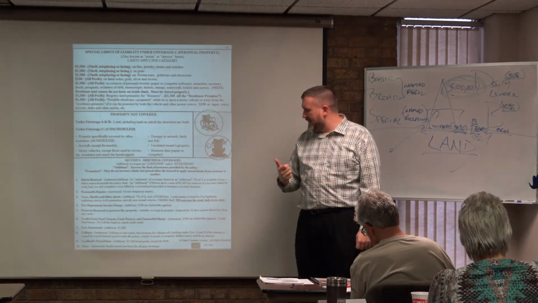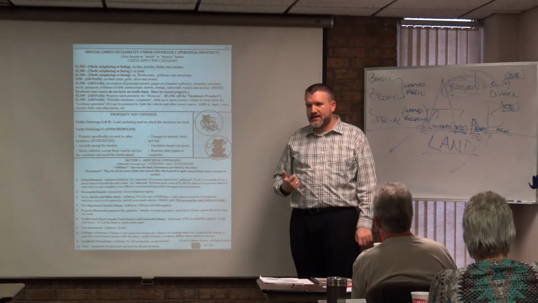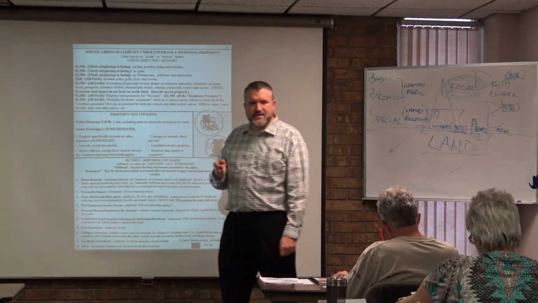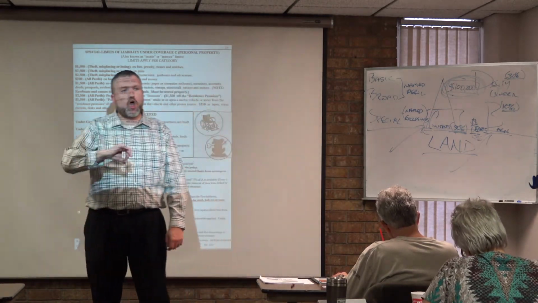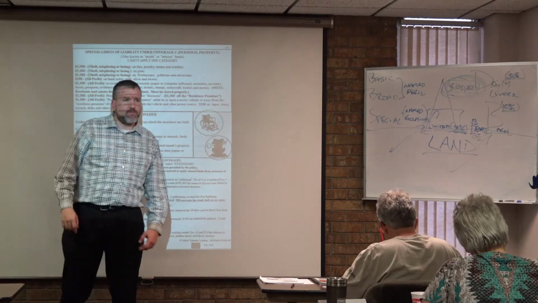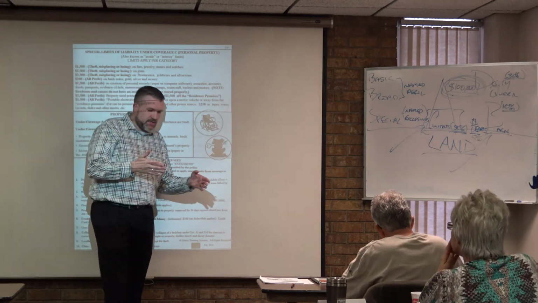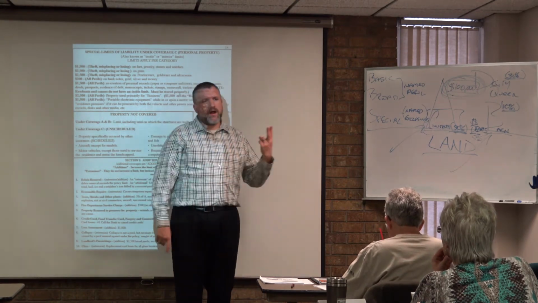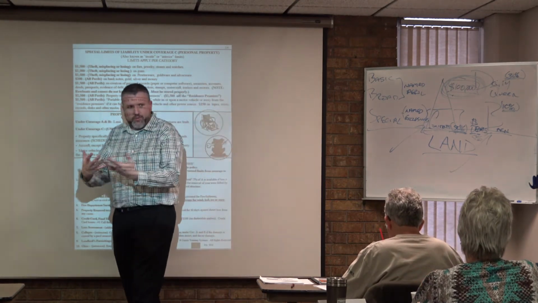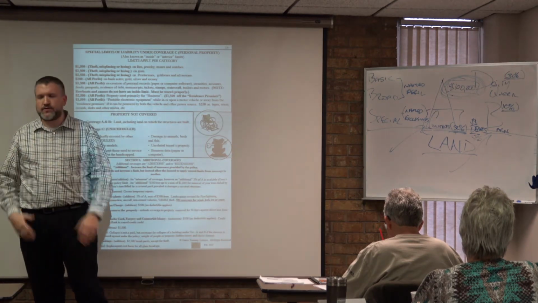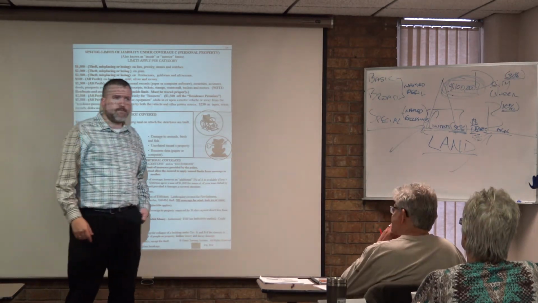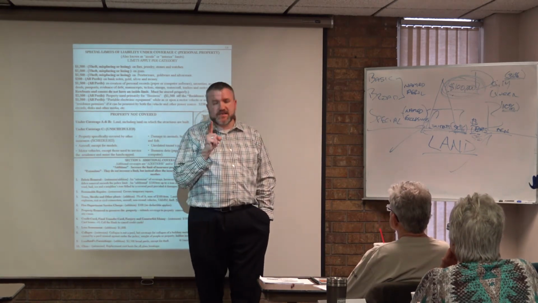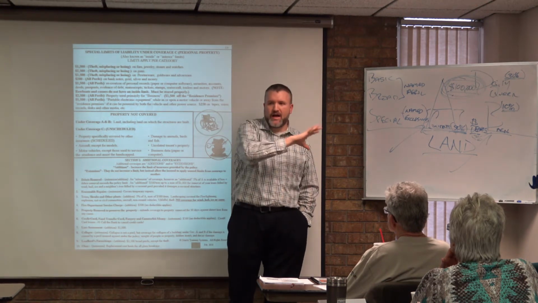Collapse. Collapse is not a covered peril. Please underline that sentence. Collapse is not a covered peril, unless the collapse was caused by a covered peril. Do you remember how we talked about some of those things that we described as exclusions? One of them being decay, one of them being wear and tear, one of them being wood rotting. Do you have any type of control over that stuff happening? No. So collapse is not going to be a covered peril unless the collapse was caused by a covered peril.